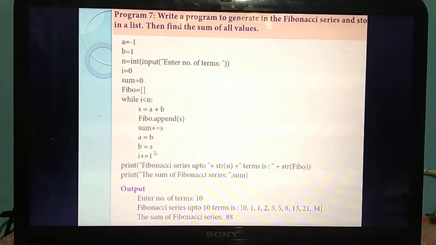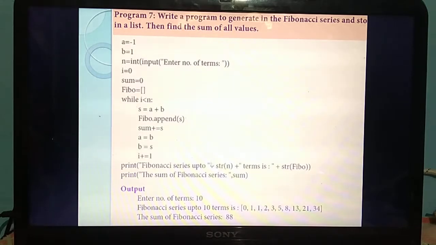Okay. Next, you are going to print in a print statement. You need to display all the values of the Fibonacci series on the output screen, isn't it? For that, in the print statement you are giving Fibonacci series. The question itself asks to generate the Fibonacci series. So a particular number of times you are going to generate the Fibonacci series. So inside the print statement you are giving Fibonacci series up to number of times. So the number of times you have entered in which variable? N. So they are giving str of n. Understand? So the number of times you are giving in the variable n.